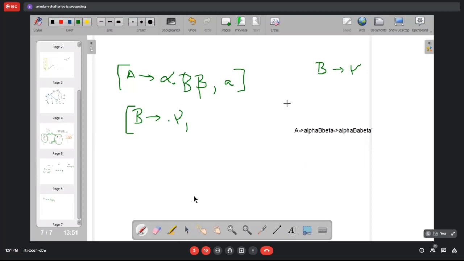Okay. So you have a rule A producing alpha B beta. Now suppose B produces gamma, in some situation you will have this kind of thing, alpha gamma beta.